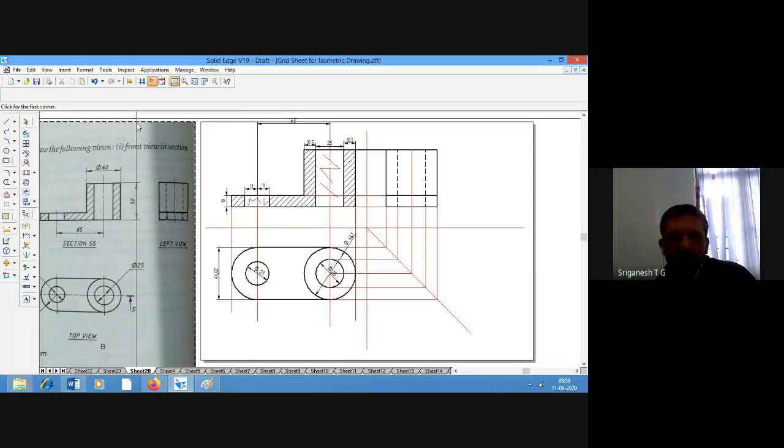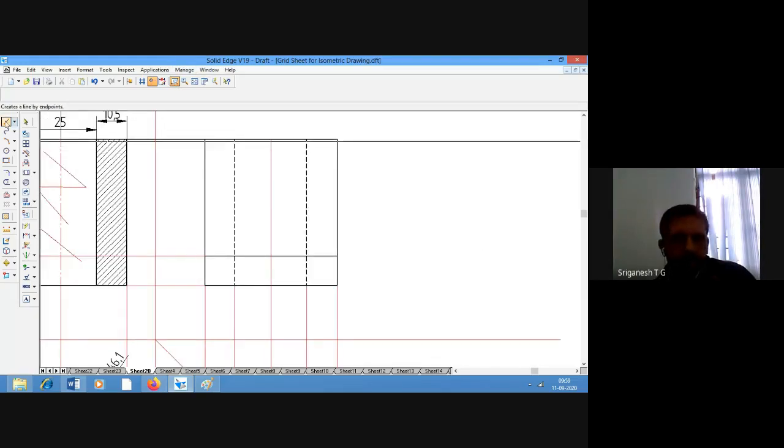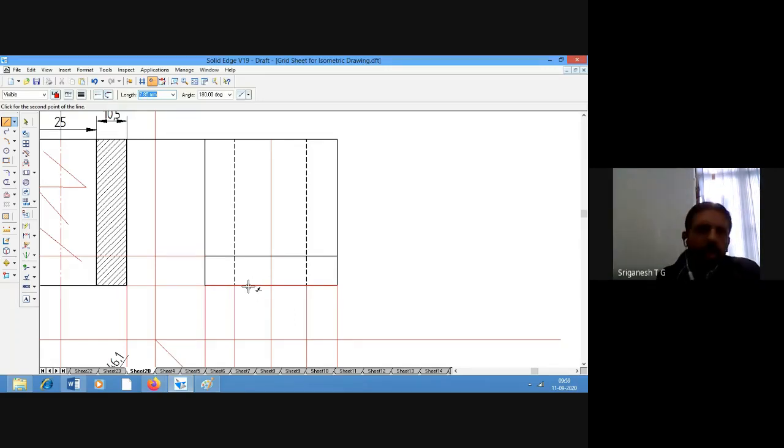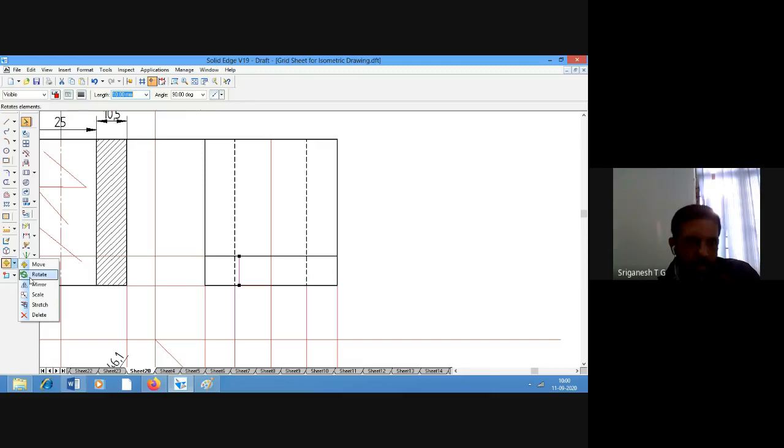The smaller diameter is 21, so from here I can draw it till here, and I can mirror this.